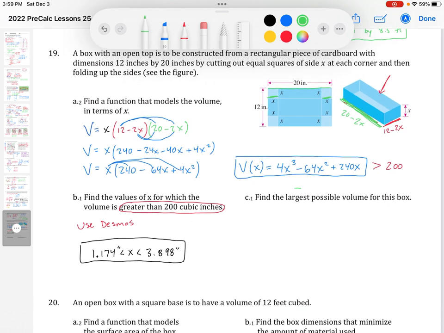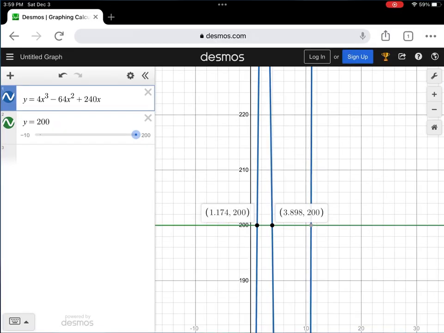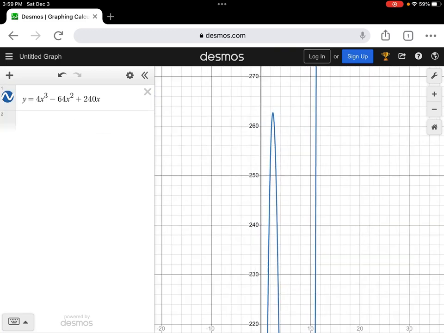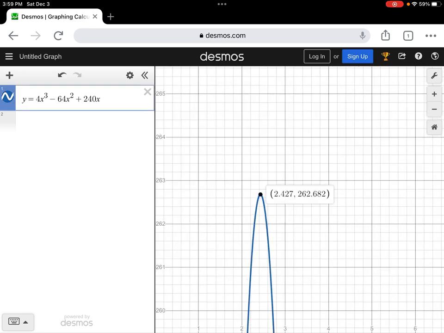All right, and then in part C, it says find the largest possible volume for this box. So again, for this one, we'll use Desmos because that would be tricky to find the vertex for. I mean, it doesn't really have a vertex because it's not a quadratic. So if we go back to that graph, I'm going to get rid of this function now. If we go up to this tippy top right here, that is going to be your max volume, and that is happening at